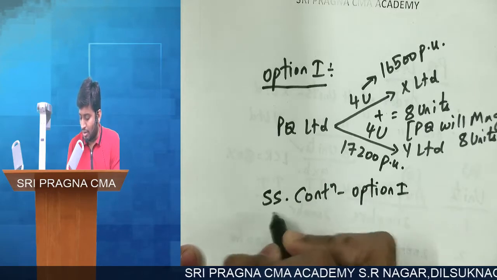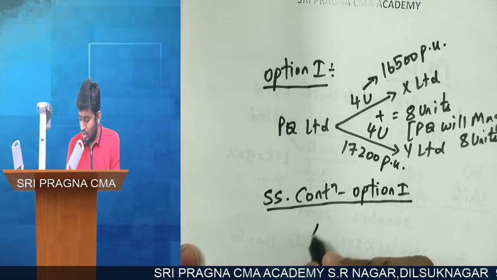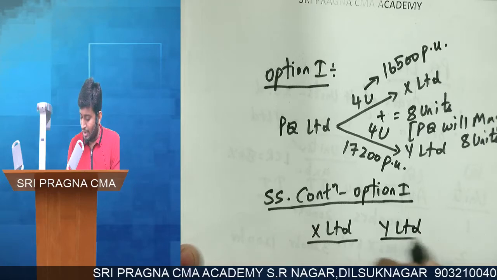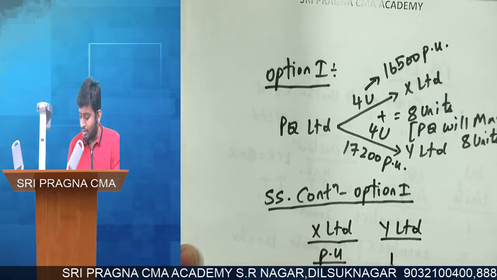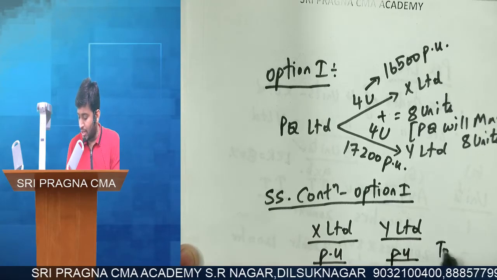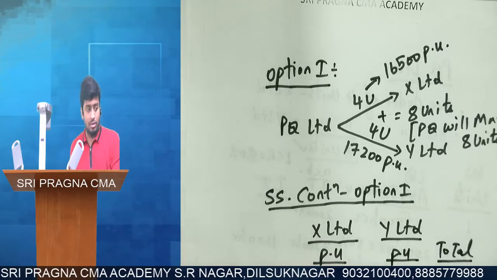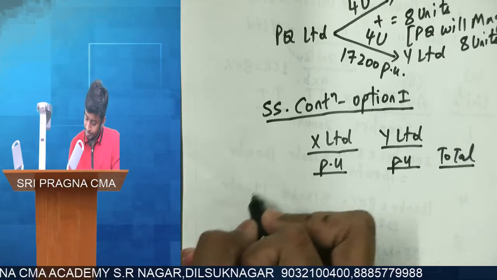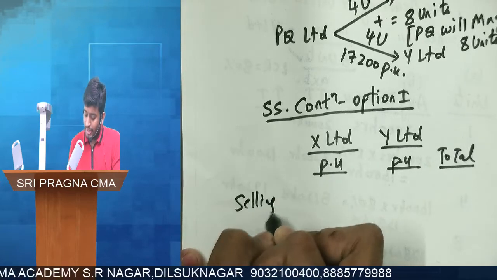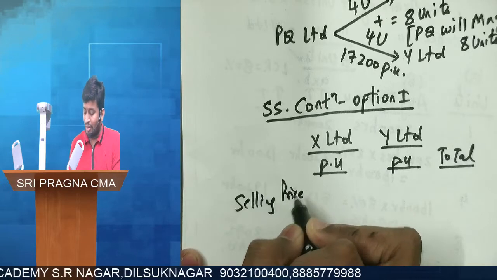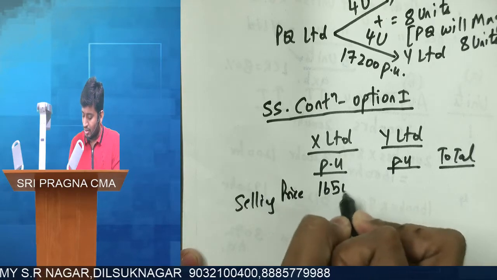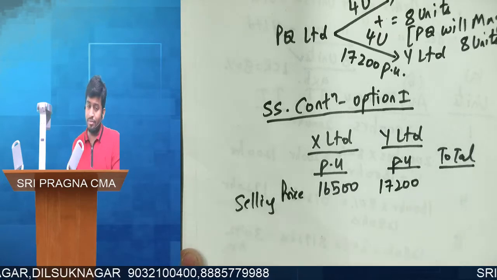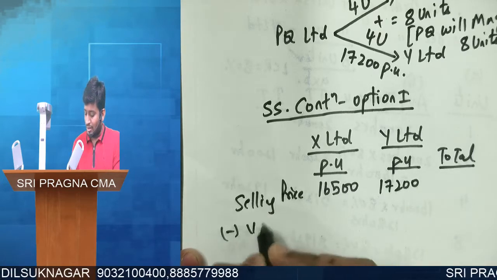Under option 1, X Limited and Y Limited. Per unit, total. Selling price, which we quoted to X Limited, and Y Limited. Am I clear? Less